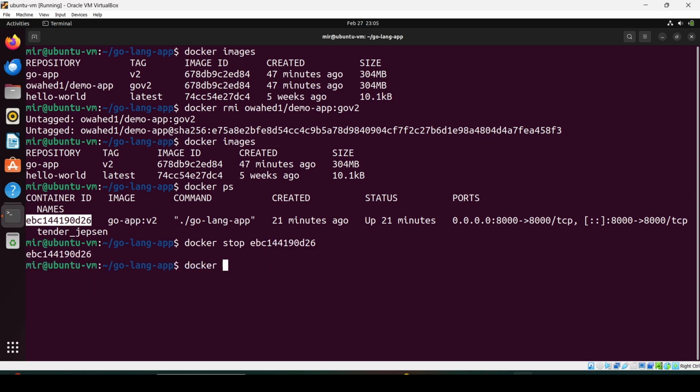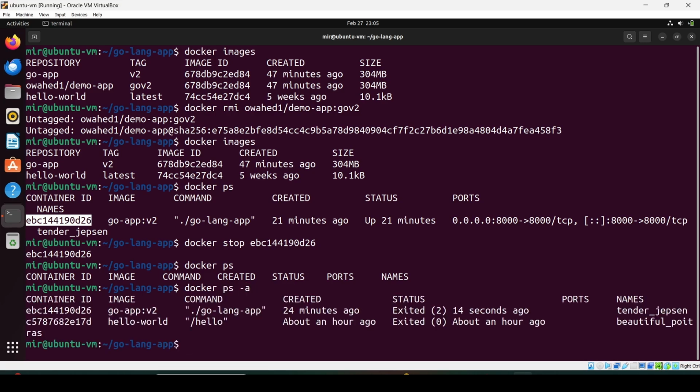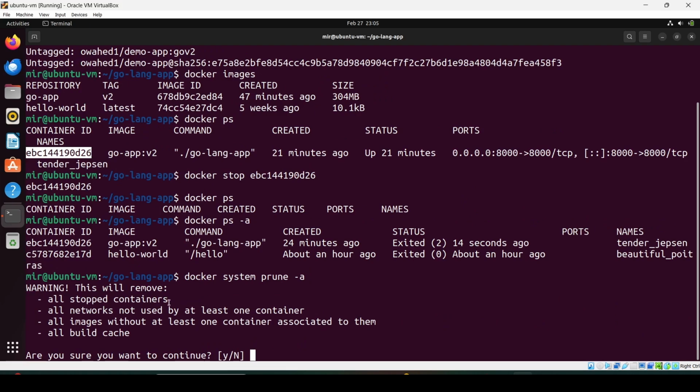Docker ps shows all the running containers, and docker ps hyphen a shows all the stopped containers also. If you want to delete all the unwanted stuff in Docker, just use this command, but be very cautious. Docker system prune hyphen a. It will delete all stopped containers, all networks not used by at least one container, all images, and all build cache. If you press Y,